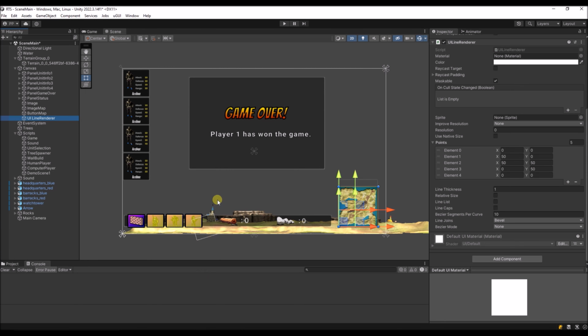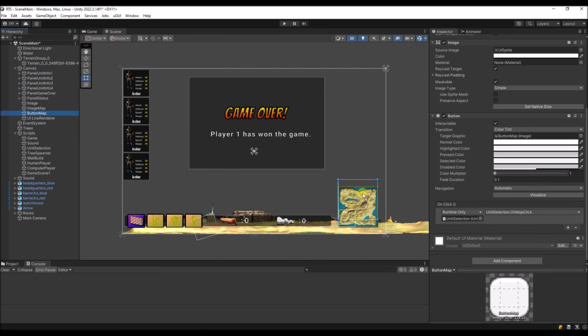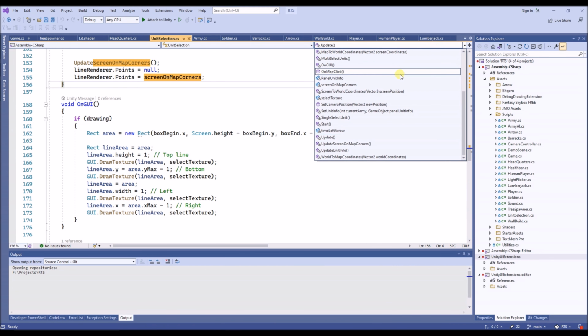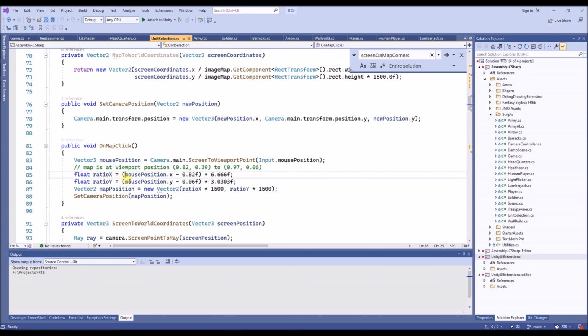And then when we click the map, so we made this whole map into a button, so that oh, it's actually a bit misplaced, I see over here. We created it as a button, so we can click it and then we can decide what position we clicked. You can see that we use the onMapClick method in the unit selection class. So if we take a look at that, you can see that we again take the mouse position where we're clicking,